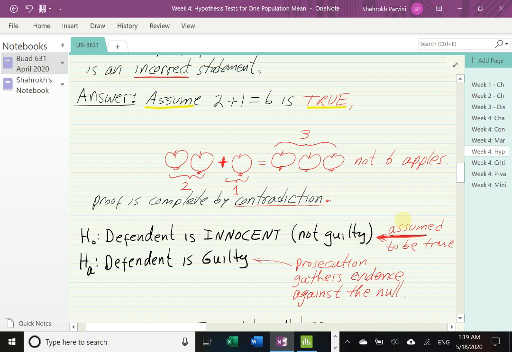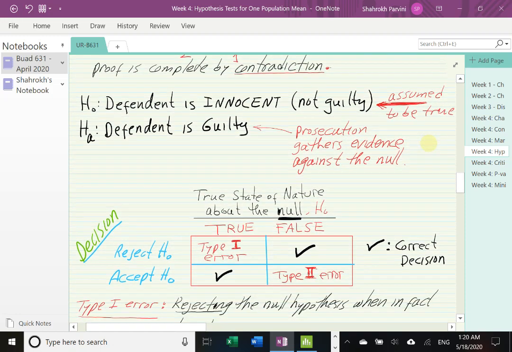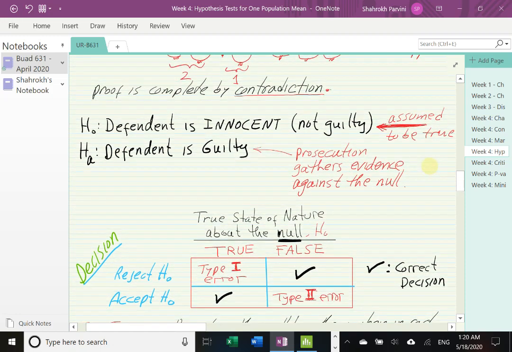And if you recall, it is up to the prosecution, right, to gather evidence against the null. So in our line of work, it's exactly the same thing. It's up to you and I to collect data, information, to negate the null, possibly reject the null hypothesis. Okay, so now this is actually something interesting. I have a table here. I put the table together. Okay, in this table,